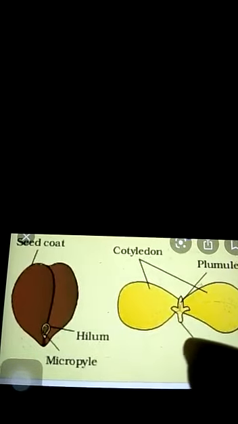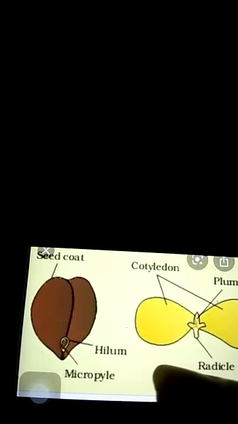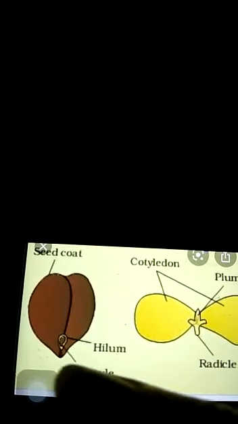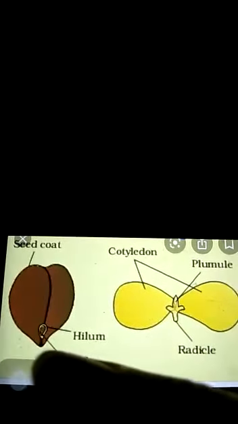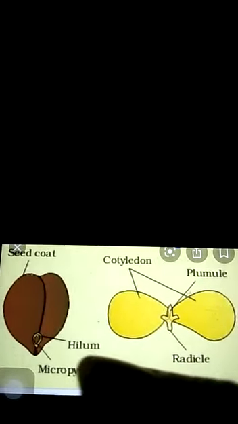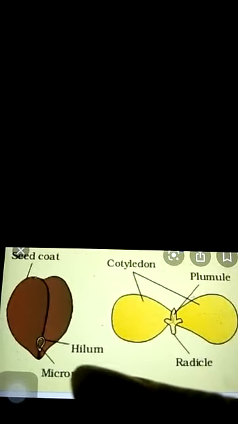Now let us see the dicot seed. The dicot seeds are the seeds that have two cotyledons. Now you can see the seed of a bean or a chana seed here. When you break it, it will break into two parts. The seed has the seed coat, that is again the testa and the tegmen. It has the micropyle and the hilum. The micropyle is the point from where the seed will germinate. Whenever you soak a seed, a sprout comes out. The sprout always comes out from the micropyle.